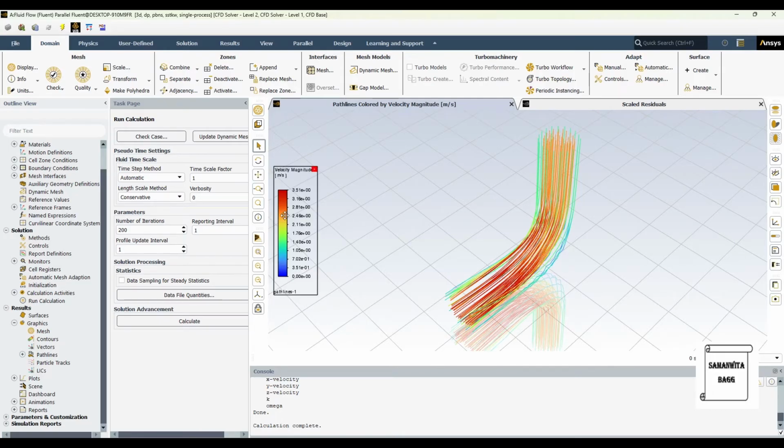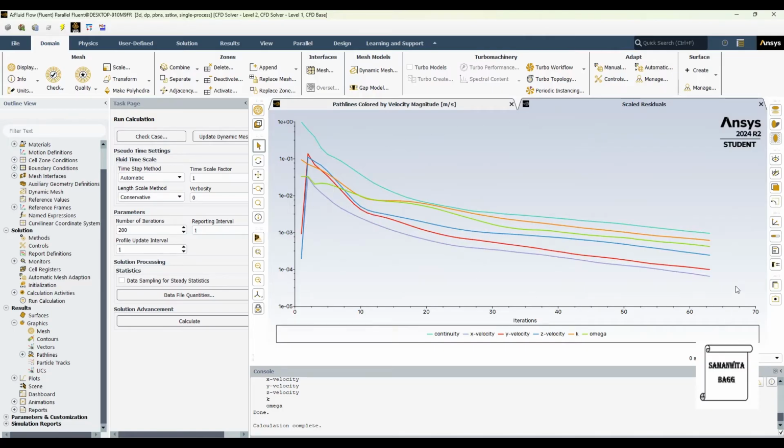I can see the highest velocity is 3.51 meters per second here and the minimum value is 0 in this pipe. And here I can see that the maximum number of iterations reached is somewhere beyond 60 and before 70.